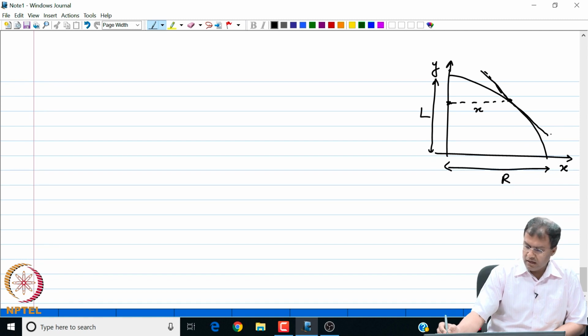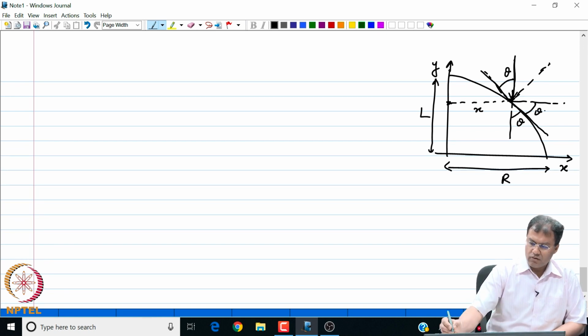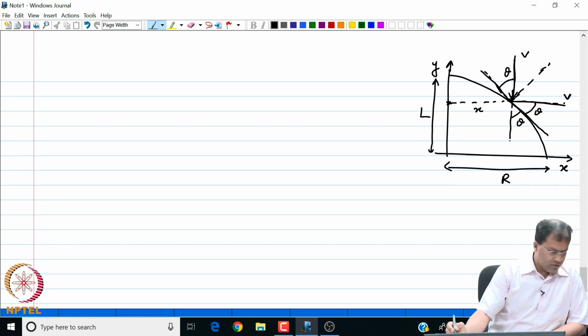So, this is the horizontal and my vertical is as follows, and also let us say I have an air particle which is hitting the surface of the cone, and it makes an angle theta. Then by geometry, this angle is also theta, but it bounces off with the same angle. So, this is also theta. If this is my V, then this will also be my V. I am just using all the assumptions that I have just stated in the problem. Okay. So, I am ready.